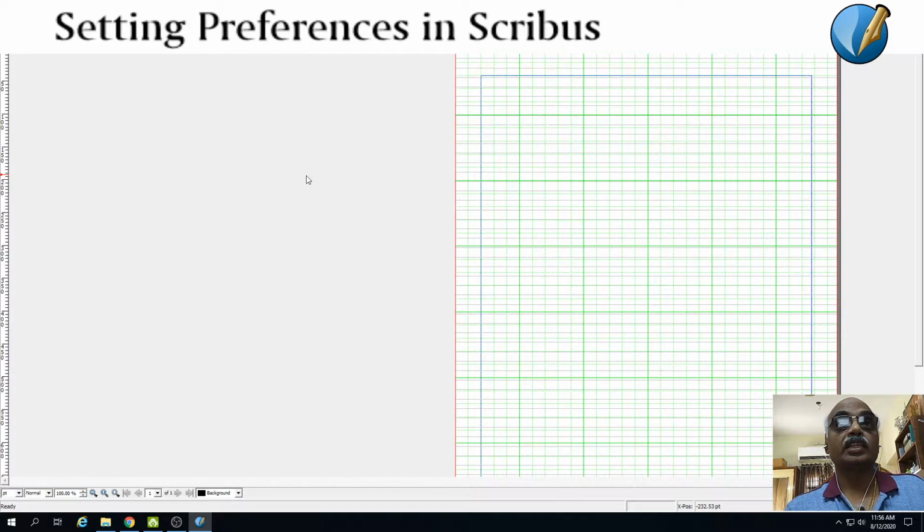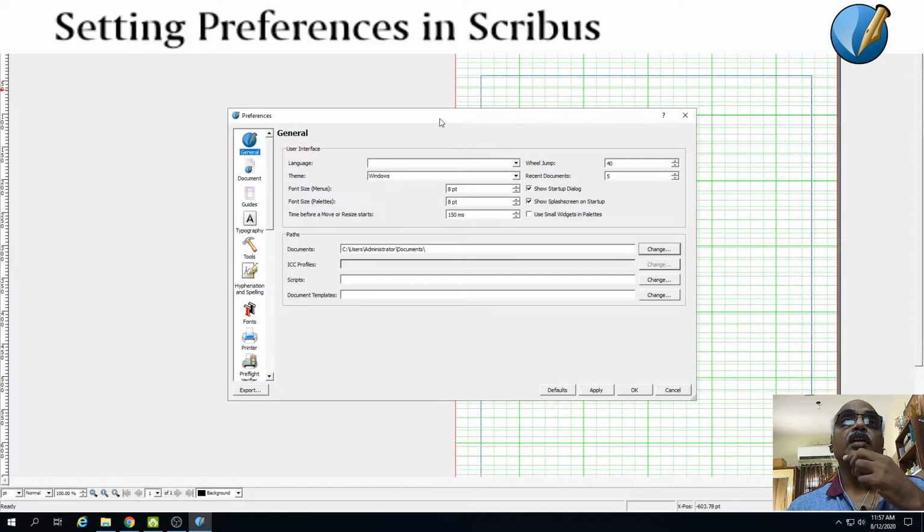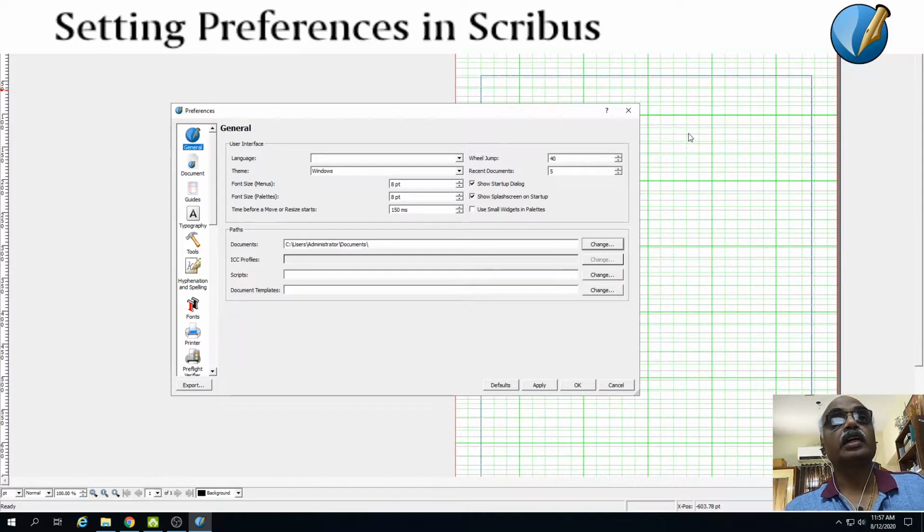So whenever you give a setting, don't feel bad that the setting has not been incorporated or the change is not suddenly seen in your current document. When you change a setting in preferences, that is meant to change the preferences for all the future documents. So before starting the use of Scribus, I would like you all to go to File, Preferences, and change these preferences setting accordingly so that you will be comfortable generating documents using Scribus.